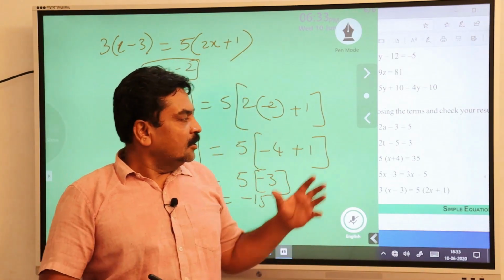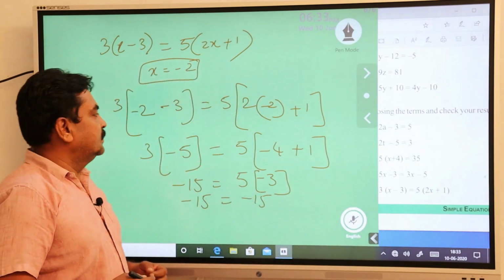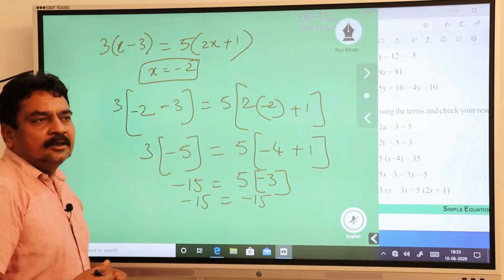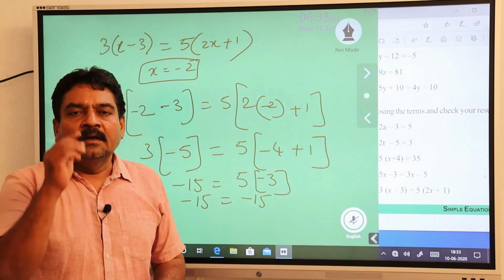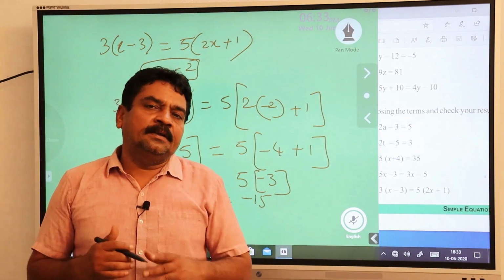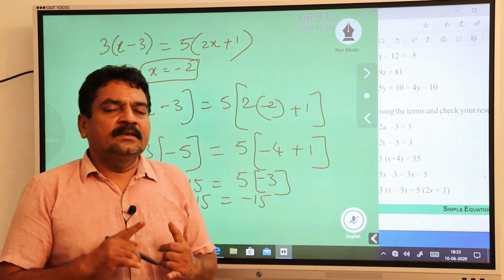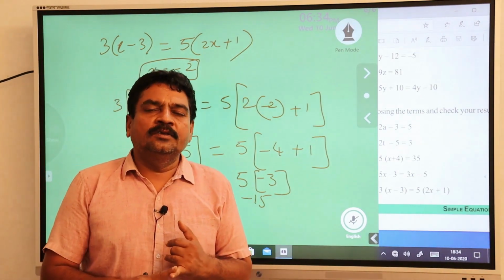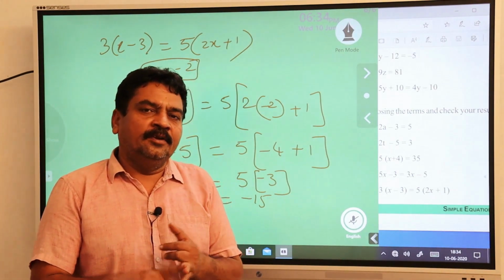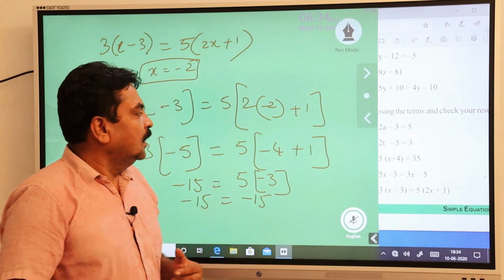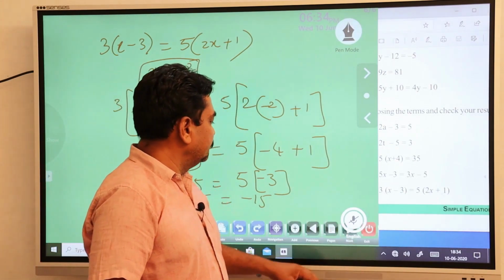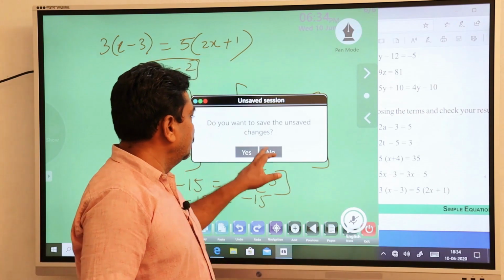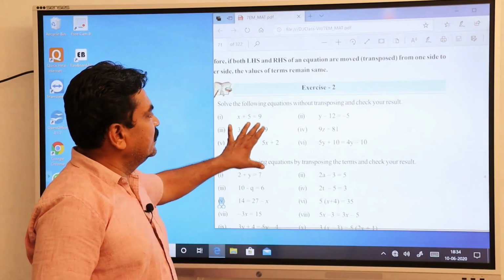Hope you people have understood this. Please do it. You complete this. Write down all steps by transposing. All the basics with definitions I have told you, you write down in your fair notes. Do it one time in your homework. And try to finish off this exercise.